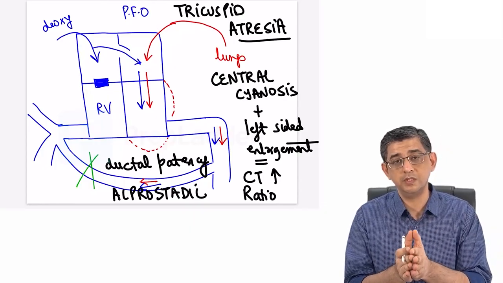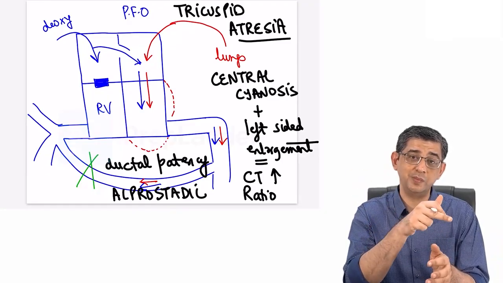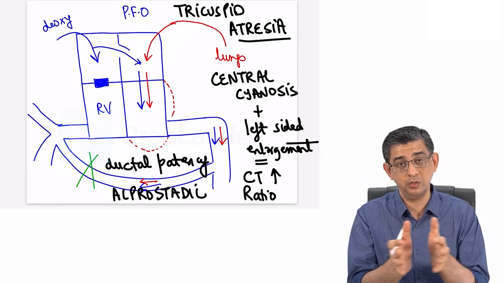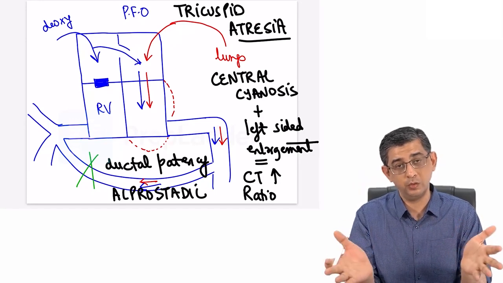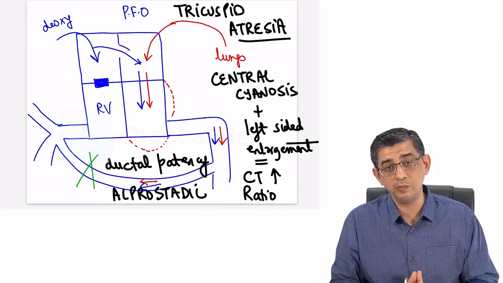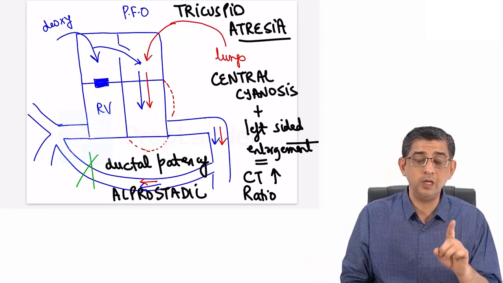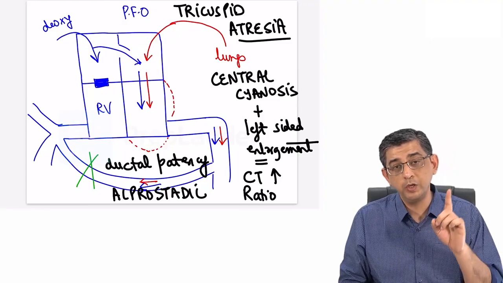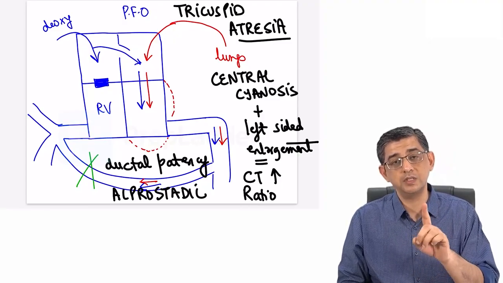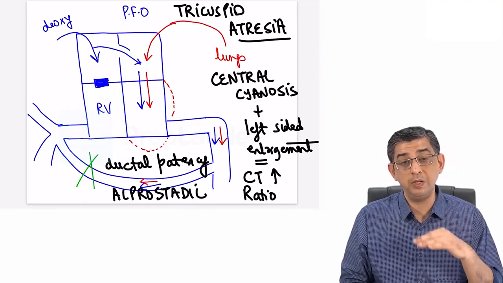So in those circumstances, if it's going to be a normal CT ratio with the upturned apex, it is boot shaped. If it is increased CT ratio and the heart looks bigger, then the answer can even be tricuspid atresia. So the learning point is, guys, I repeat once again, in TOF the CT ratio will be normal, whereas in tricuspid atresia the CT ratio will be increased, in spite of the fact that hypertrophy will definitely be mentioned